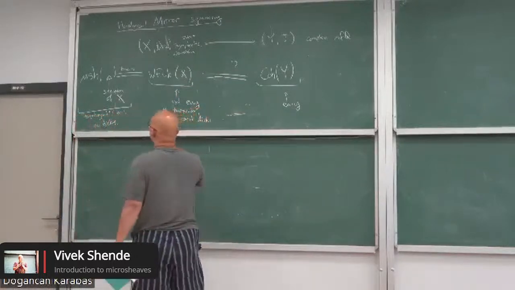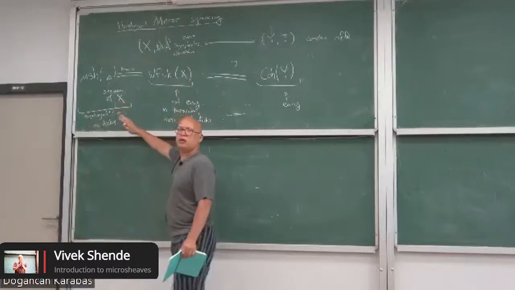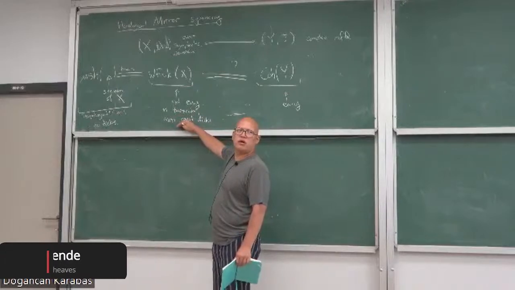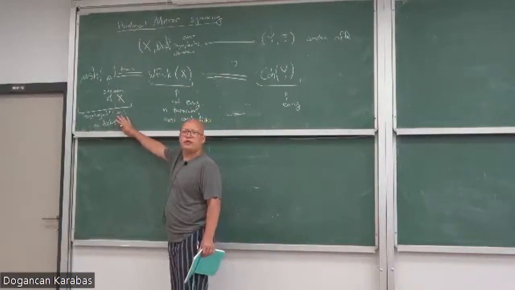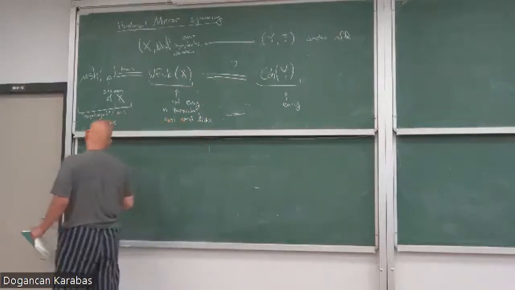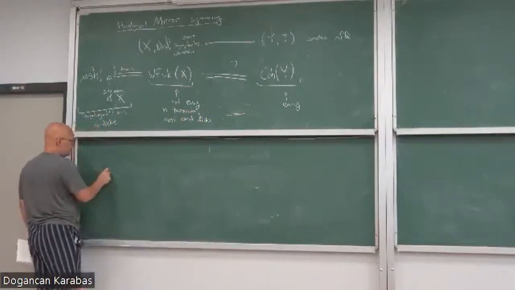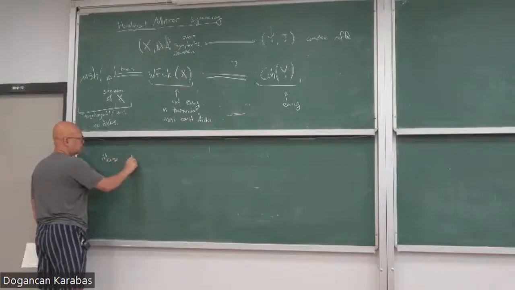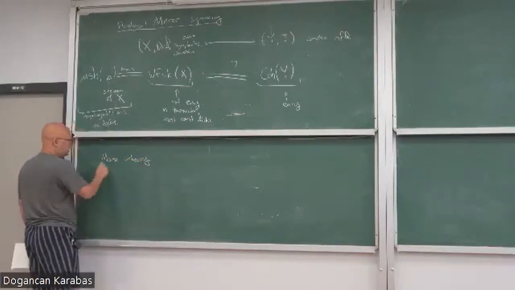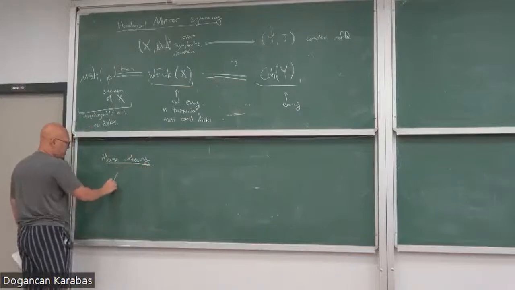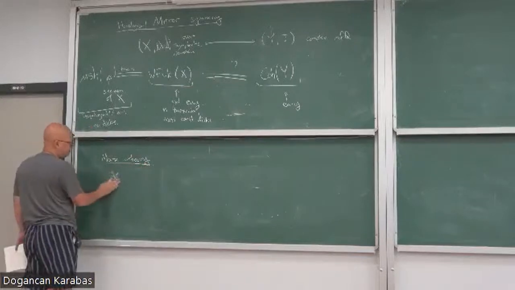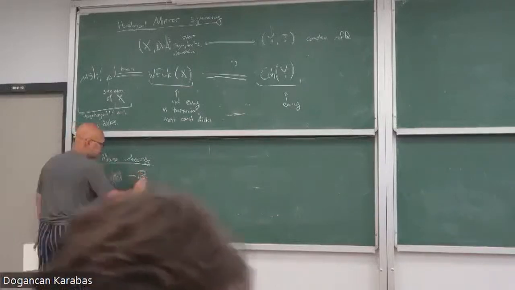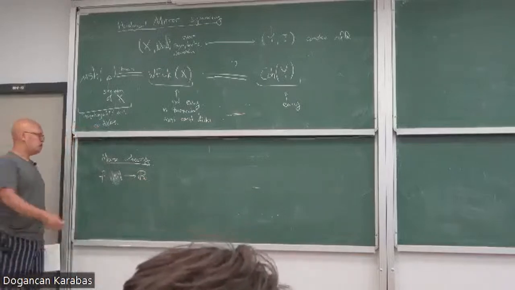Now let me say a few words about why it's remotely plausible that this kind of thing, which involved disks over here, should ever be related to something without any disks. And the model situation, so I have to remind you how Morse theory works. Morse theory. Okay, so Morse theory, if you have some manifold X, let's call it M. So manifold M, and you have some function f from M to R, then you